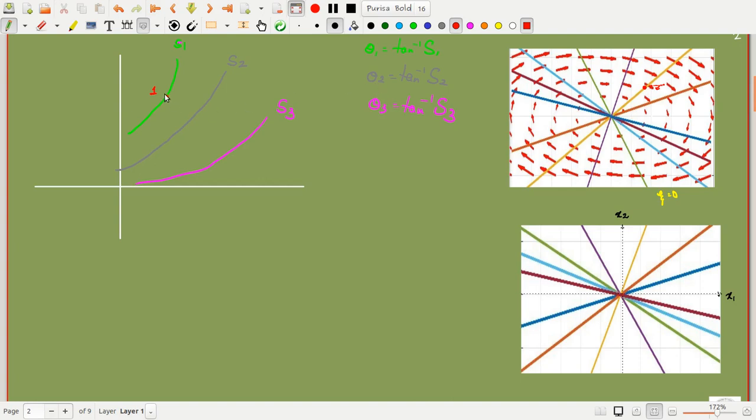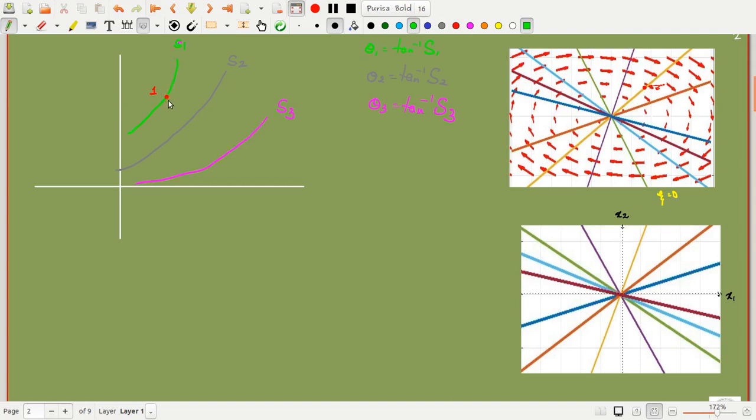That means a phase trajectory which is leaving S1 at an angle theta 1 will approach S2 at an angle theta 2. It is leaving S1 at an angle theta 1, but when it comes to S2, it will be approaching it at an angle theta 2 and leaving S2 at an angle theta 2. And vice versa for all the other isoclines. It should be like that. That means I can draw a line leaving from point 1 at an angle theta 1 from this line.